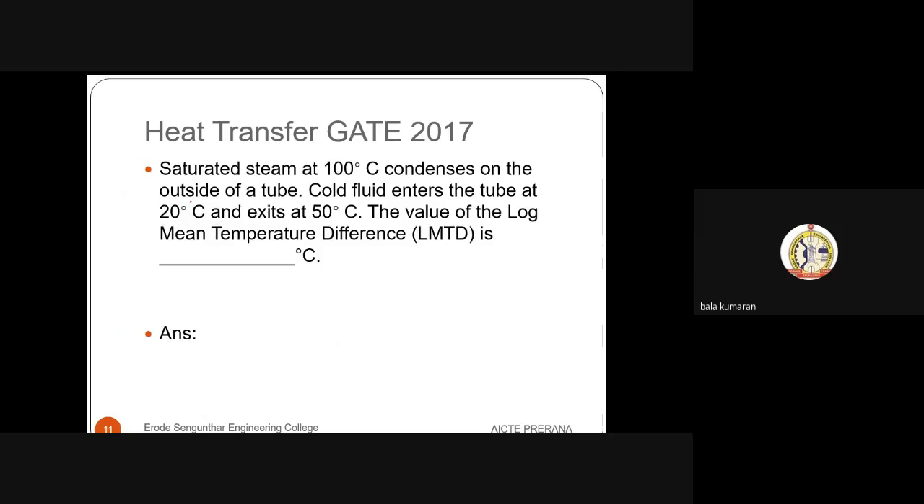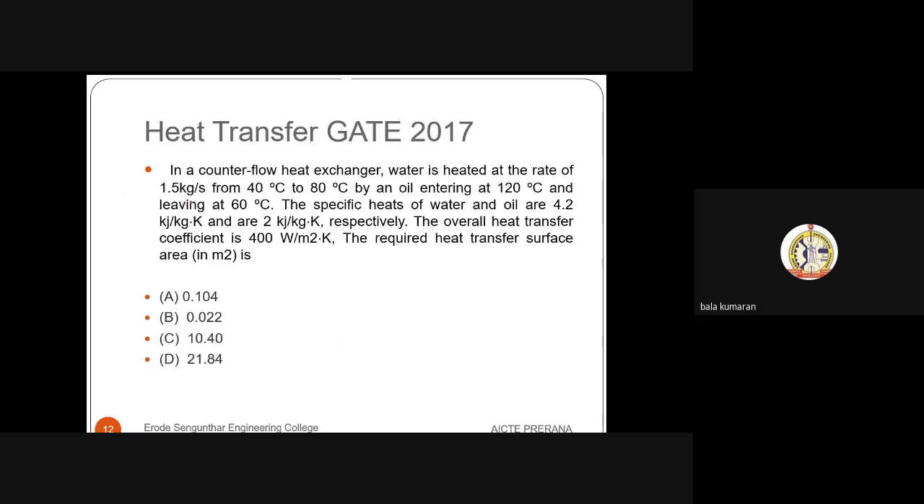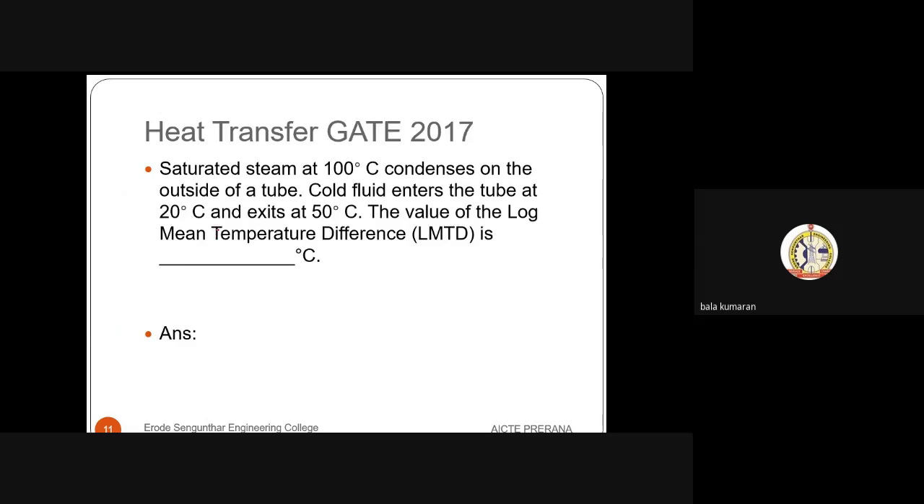I'll give you the solution for this. You try it out and check the best way to do it. Okay, I'll give you the answer. The answer is nothing but this: just write down the LMTD formula first. The LMTD formula is nothing but